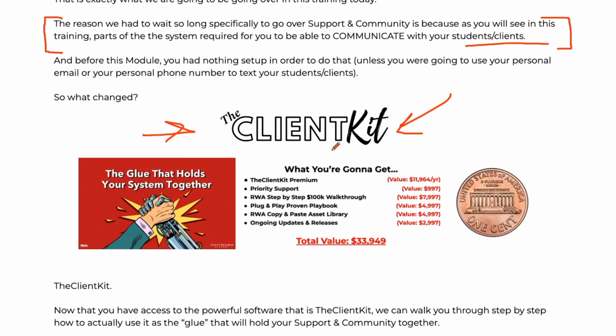The client kit is the glue that is going to hold the entire system together. It is the foundational piece. And that's why we spent so much time creating that partnership with the organization, being able to negotiate on your behalf, and then at the end of the day, footing the bill for you every single month, because we recognized that it was so absolutely critical for you to have that